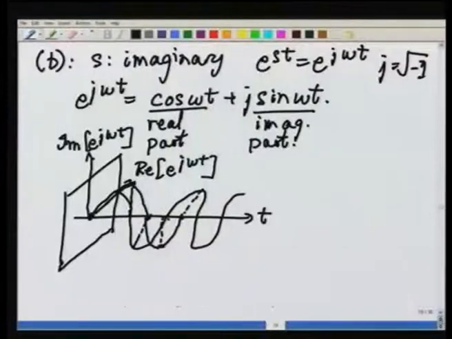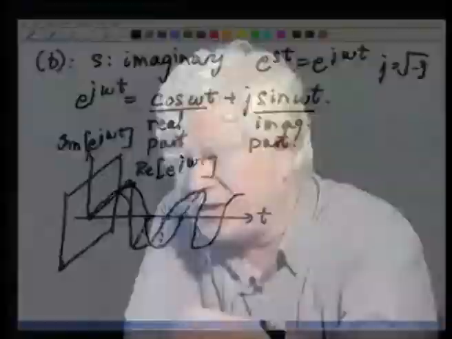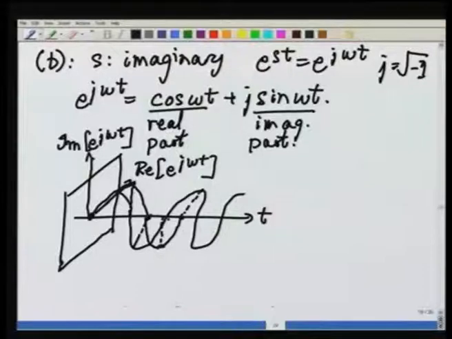parts. If you really want to plot it as a single thread, not as 2 threads, the real thread and the imaginary thread, then we need to draw a curve that travels through space from left to right, such that its projection on the real plane, which is the horizontal plane here, is equal to the real part, and its projection on the vertical plane is the imaginary part. Let me try to do that by replicating this grid.